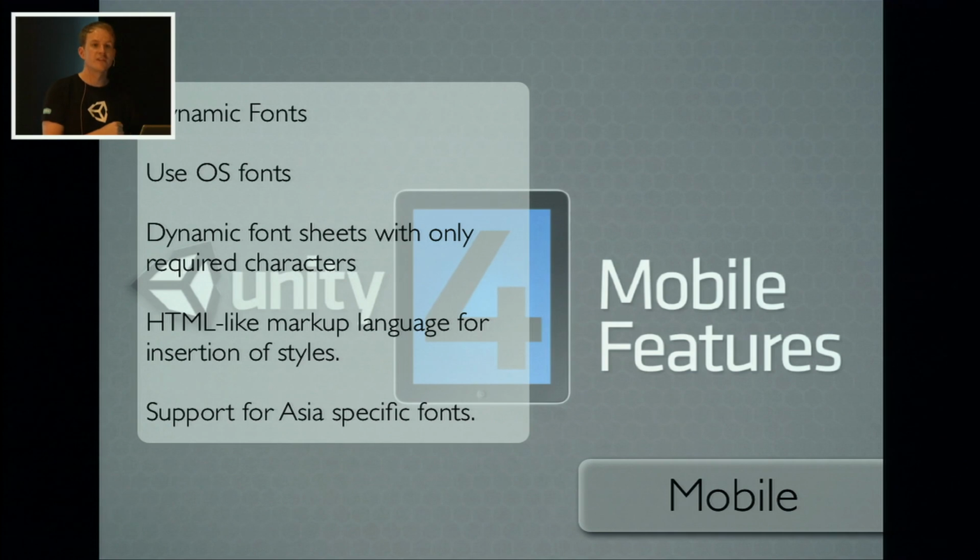So if you have a font and you just want to write Hello World, it will only use the characters that are used in Hello World. But then on the fly, if you choose to add an extra line to that, it'll then remake the texture sheet, and you'll have the characters that you need, but you're only using exactly what you need and not wasting anything. An HTML-like markup language allows you to add stylings to these as well, so